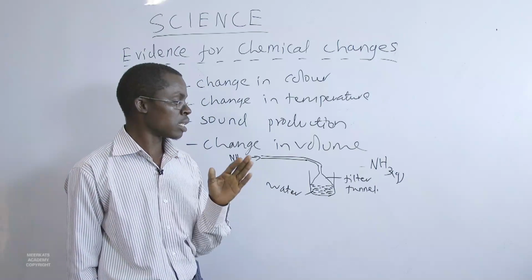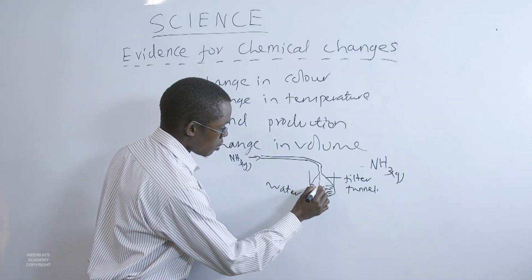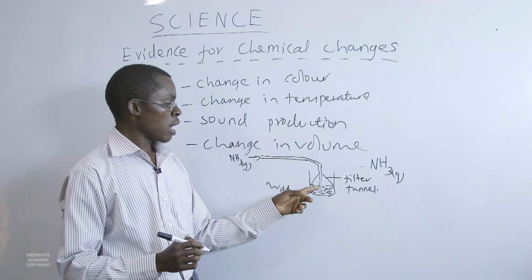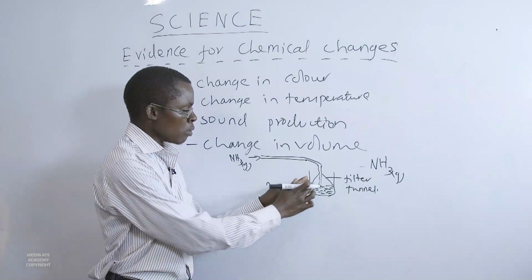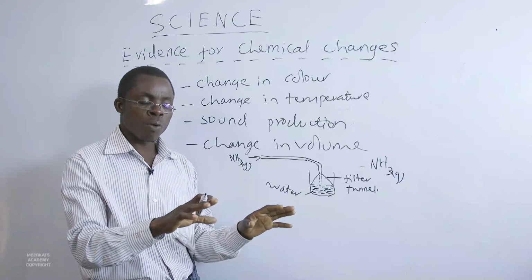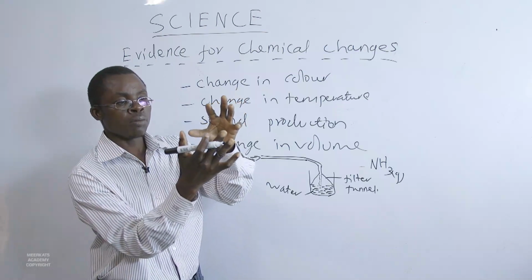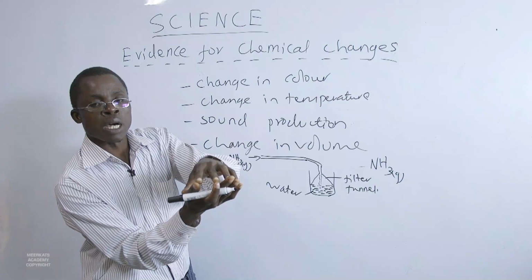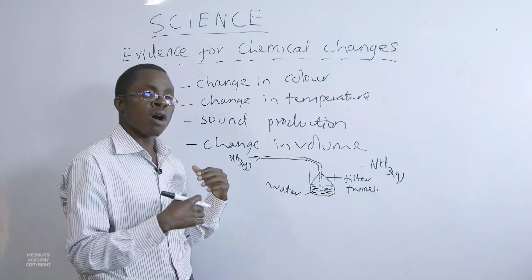That's one, increase the surface area. Because assume this pipe was to get in touch with the water. Look at the surface here. It's so small. But with the funnel, the surface is so wide. Because remember, the funnel is wide enough. So it comes in touch with the surface of water comfortably, increasing the surface and therefore making more ammonia gas